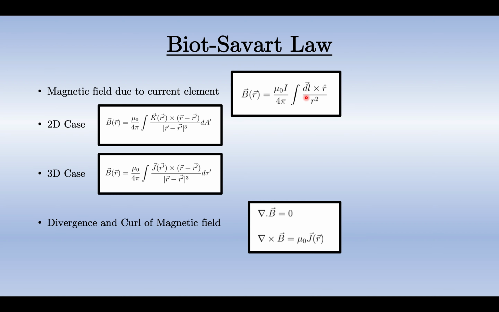We can extend it to the two-dimensional case and the three-dimensional case, and the three-dimensional case is the most important because it can be used for many other properties and formulae as well. Similar to how we discussed in electric field, we also have the divergence and curl of magnetic field, but here the roles are reversed. The divergence of the magnetic field is 0, while the curl has some source term which is mu naught times the current density, which is why the 3D case is more useful and general. So these are the different aspects of the Biot-Savart law.